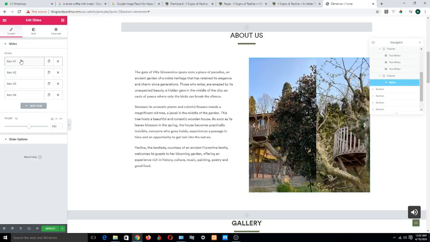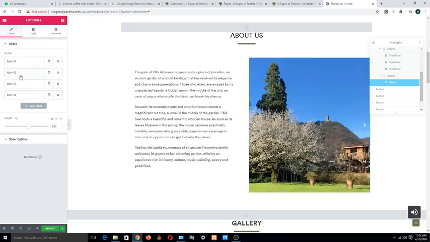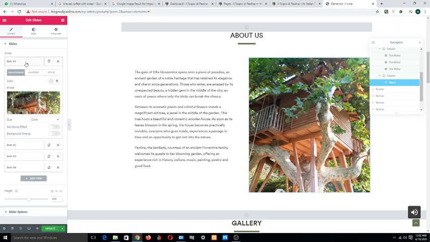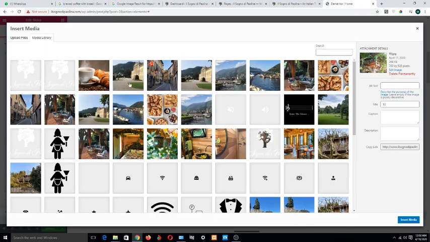You just have to drag it. Simply drag this box, click on this, here is the image. Click on this, add whatever image you want to add.